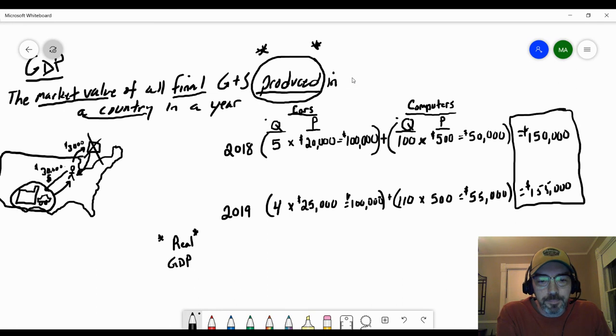Real GDP is the measurement of GDP that economists use when they're trying to compare an economy's performance in one year to an economy's performance in another year. If you want to know how the economy is doing today as compared to a year ago, you want to look at its real GDP, because we frankly don't care about prices. I know we do as consumers, but as economists, what we really care about is how much economic activity is taking place. What's happening to those quantities?